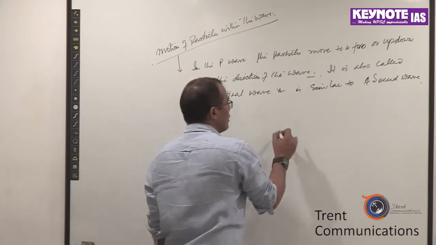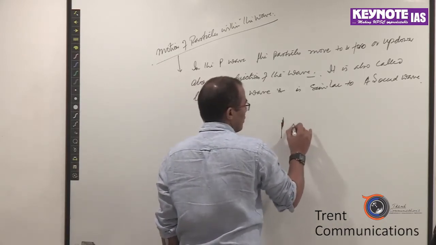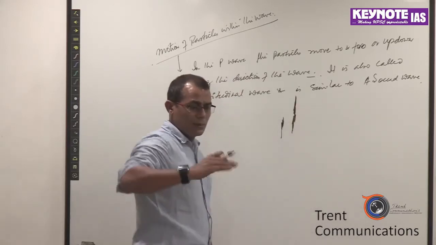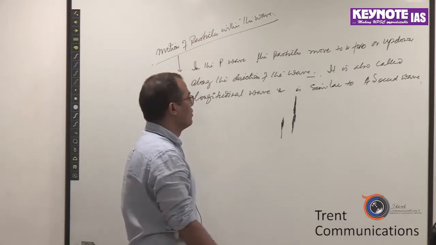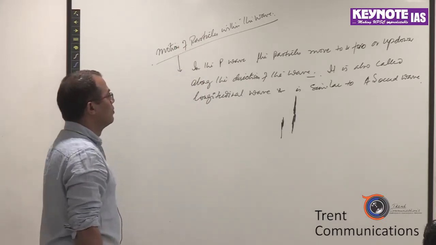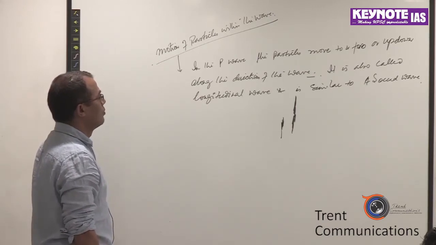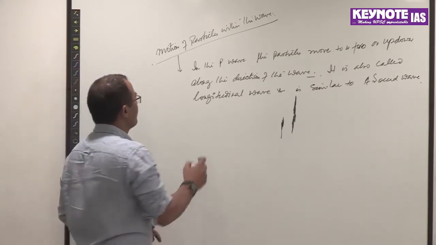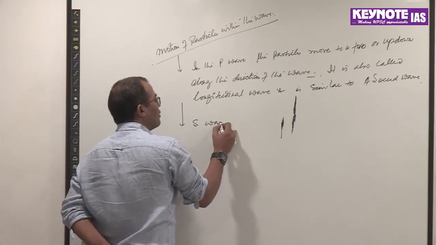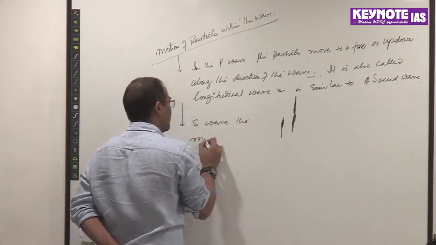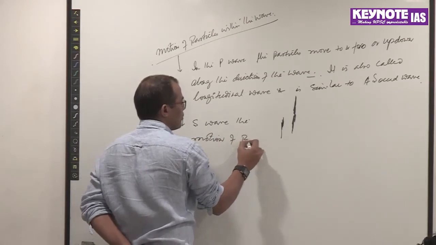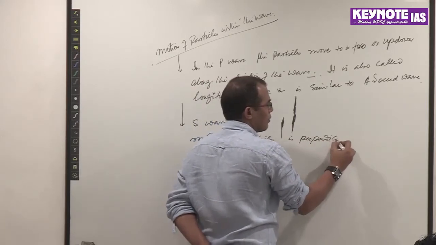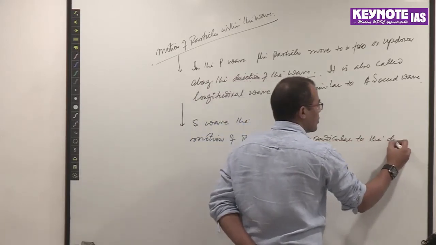Like this, when it moves up, down, up, down, in the direction of the propagation of the wave, it generally moves along the radius of the earth. In the case of the S wave, the motion of particles is perpendicular to the direction of